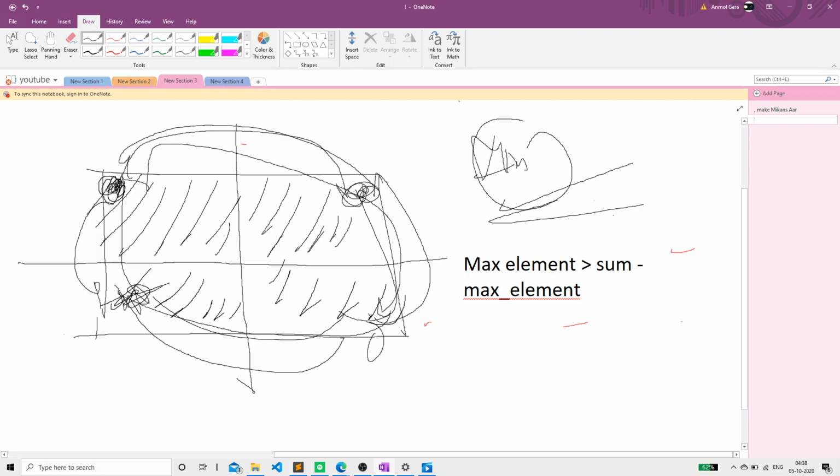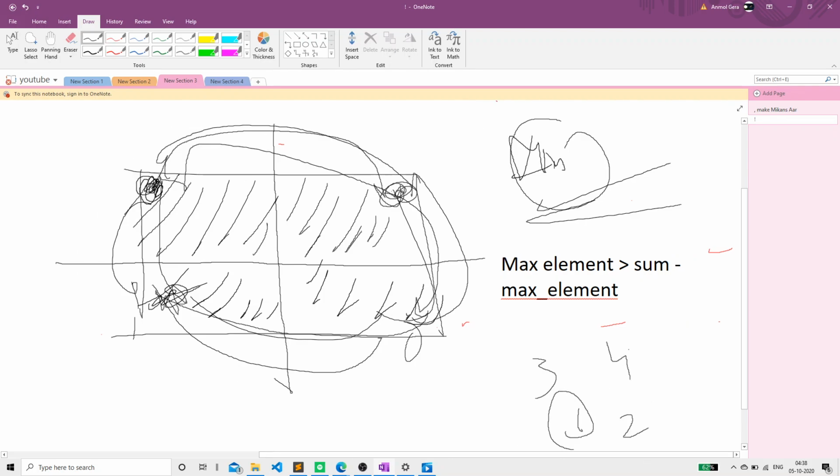Now there's a catch. One might think, let's suppose the values are 3, 4 and 6, 2. So one might think, why am I not taking 5? Why am I always taking the values which are already there? A very logical question could be that we can also take 5. We can also take 5 as a solution. It might work. I'm not saying it won't work.